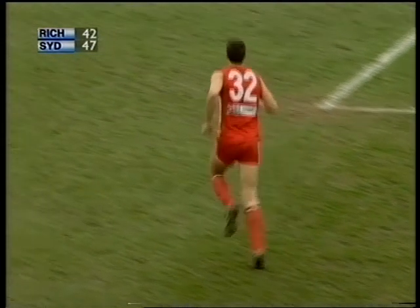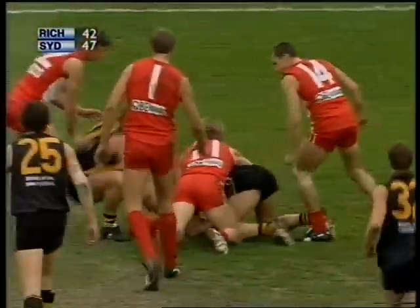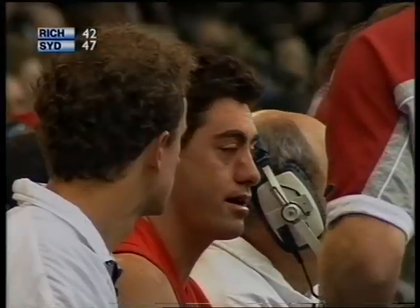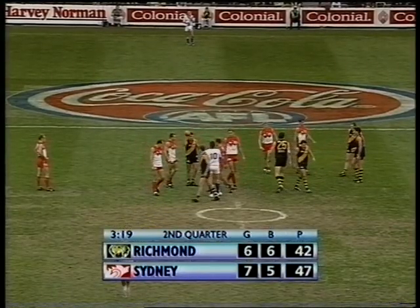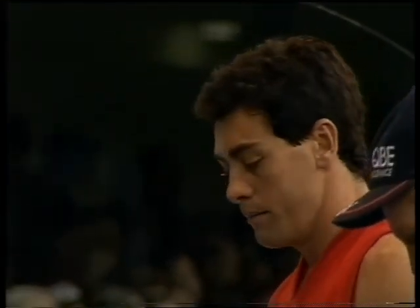And big raps on this young kid, Robbo. He's a big boy. He's a big lump of a lad. Stafford gets his hands to the ball. Kelly, Maxfield over the top. Broderick in there for Richmond. Umpire quickly onto the scene and will bounce. Just doesn't look as though there's any skin broken for John Stevens, and you wonder where that blood's coming from. Gee, we'll watch that